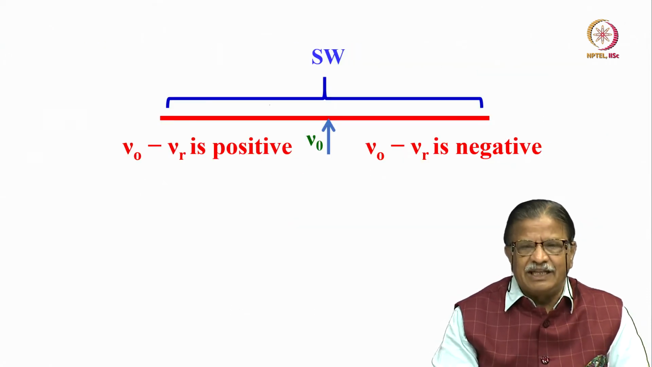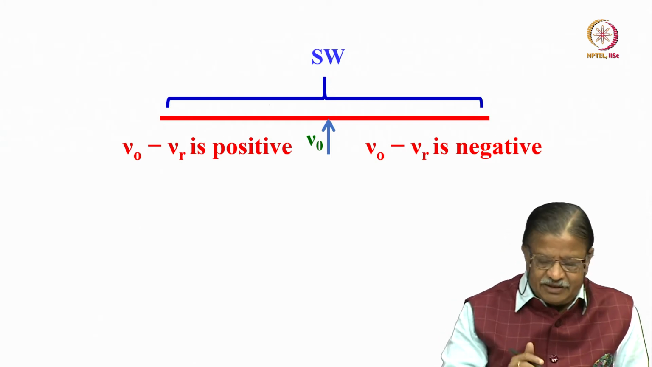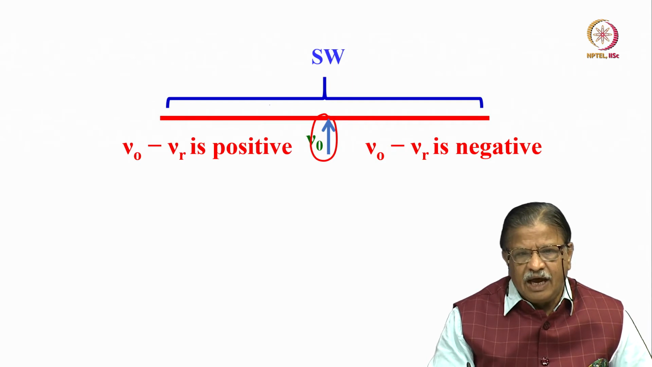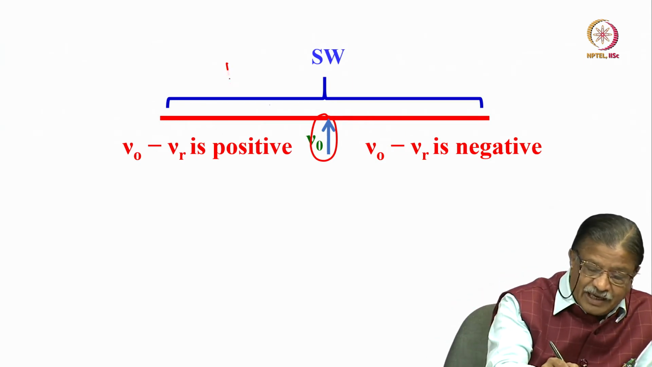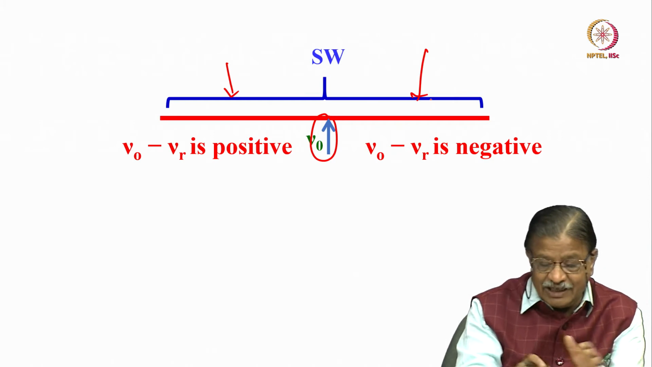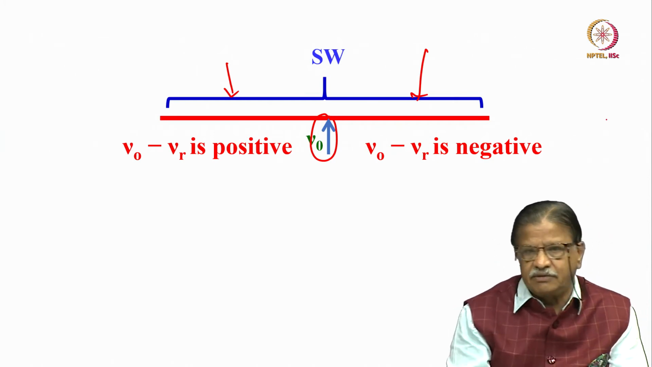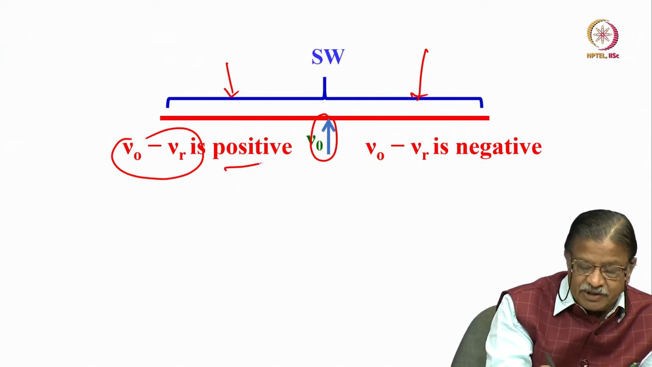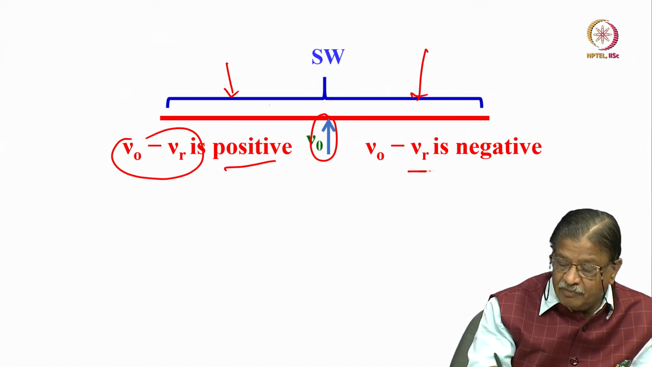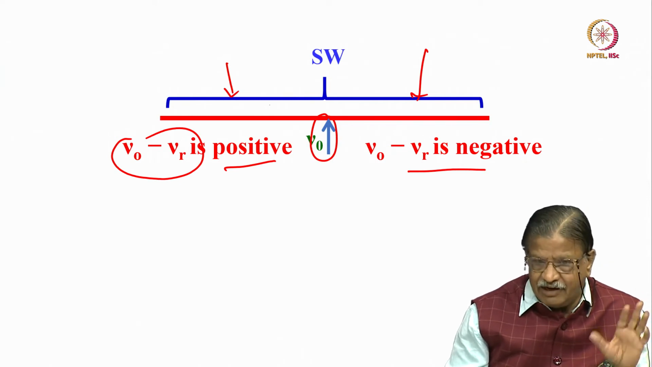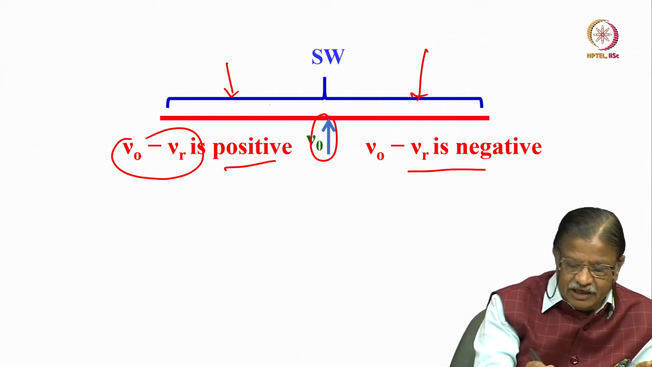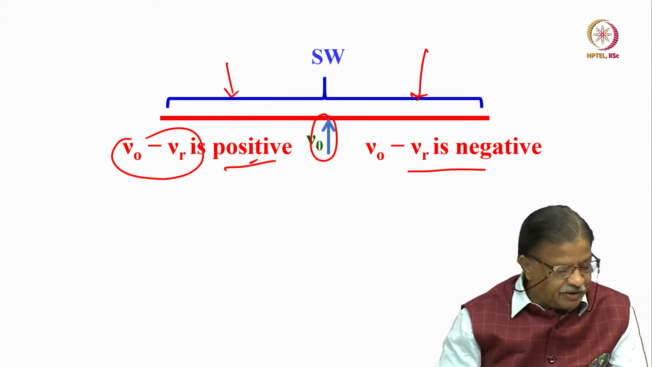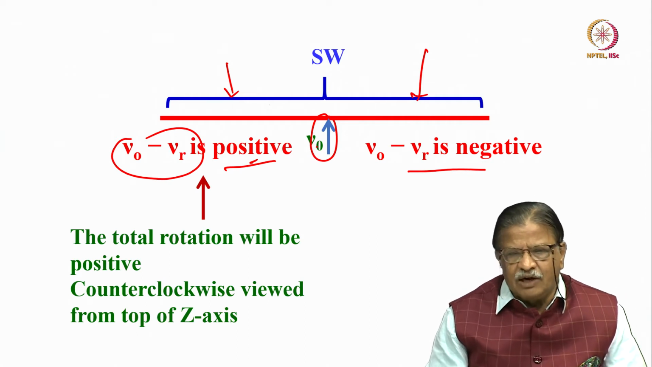Okay. So let us take an example. This is the center of the spectrum, reference nu r, and if I have a peak to the right side of this reference or to the left side of the reference, here nu naught minus nu r is positive. Here nu naught minus nu r is negative. That is a convention. Remember, when you come this side, this is going to be positive, this is going to be negative. That means the total rotation will be positive,